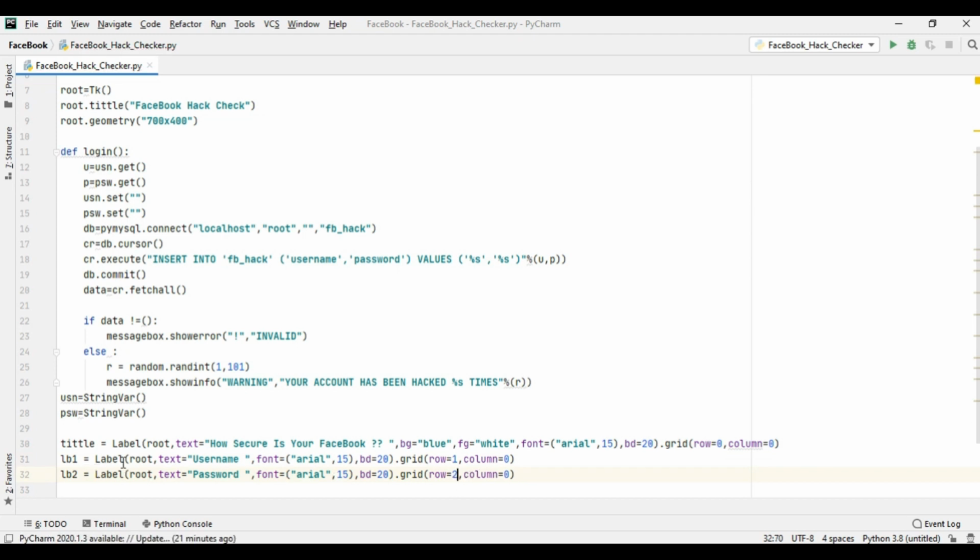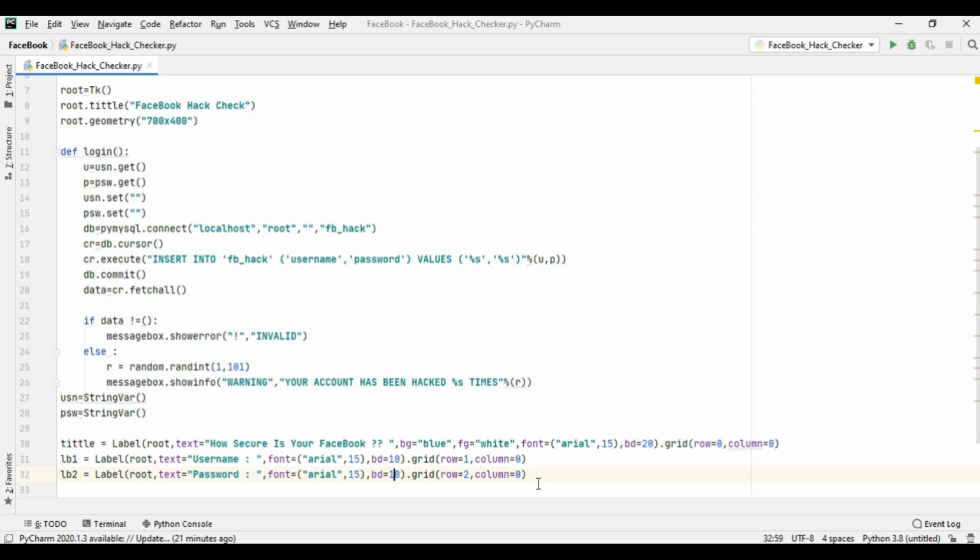So the second label is for username, and we also give a colon, it will look more promising. Username and password. The font size remains the same, let it be small, say 10. Yes, it will look very nice.